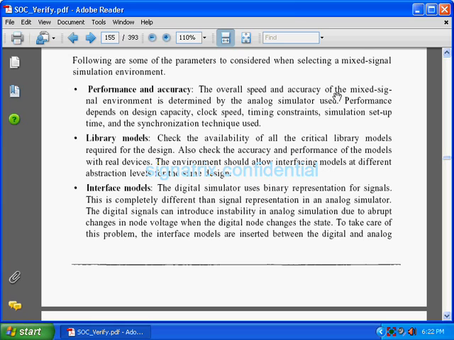The overall speed and accuracy of the mixed signal environment is determined by the analog simulator used. They are telling us that how accurate your simulation environment is depends upon the analog, because analog is the slowest. It will take too much time, so performance will get degraded, because your analog block will take too much time to process. So because of that they are telling that it will get